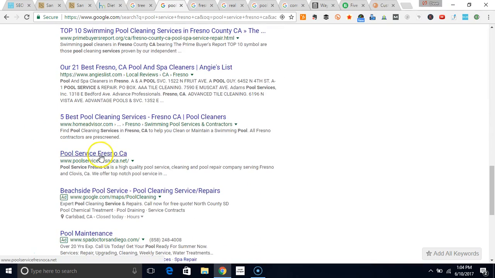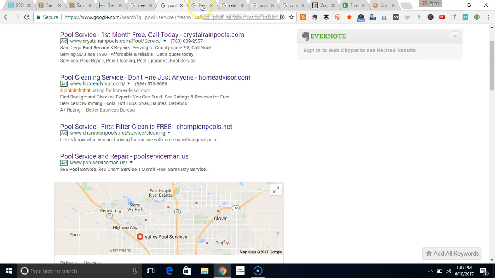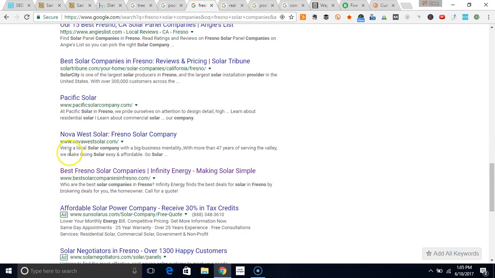Yeah, so this kind of crappy little site here, as you can see, I haven't done much to it. That still generates about 150 leads a month. And that's really what it comes down to. Rankings are important, but are you ranking for the right words, and are you making money from it? And obviously the ROI has to be there. Fresno Solar Companies ranked a site number 10. I haven't touched that in probably